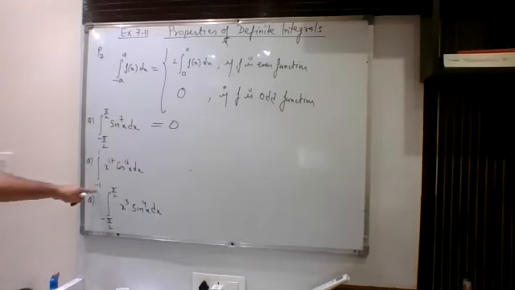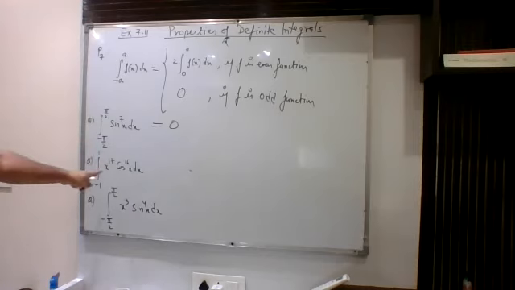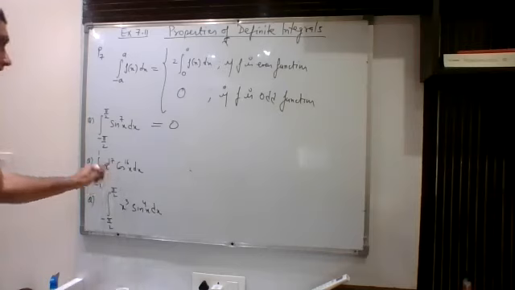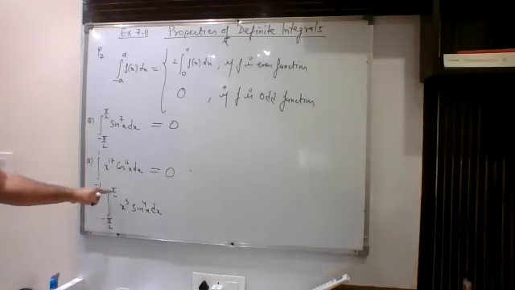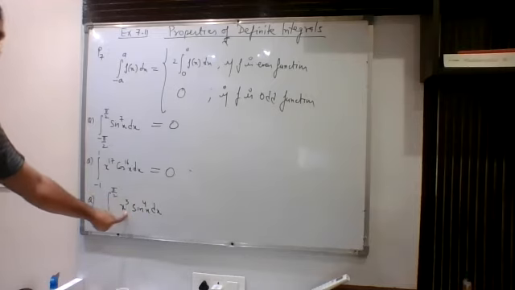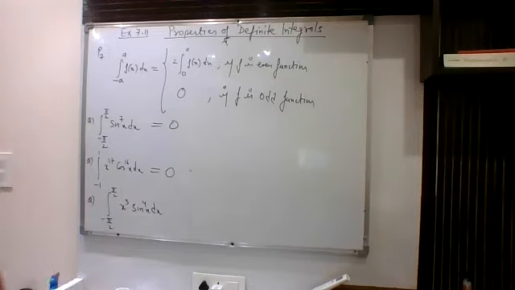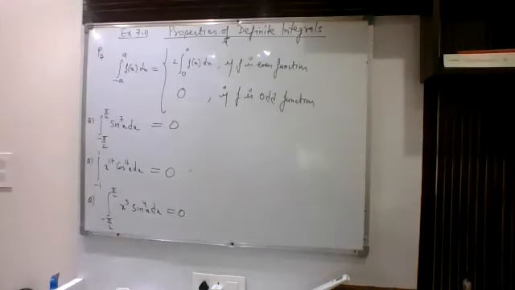Here we go, minus 1 to 1. So obviously I can think about this P4 property. Now it is x to the power 17 cos to the power 16x. So again, it is an odd function. So this will be 0. Next, minus 90 to 90, x to the power 3 sine to the power 4x. This part is even, but this one is odd. So ultimately, it will be an odd function. So your answer will be 0 for this one. So this is how you can settle odd functions.